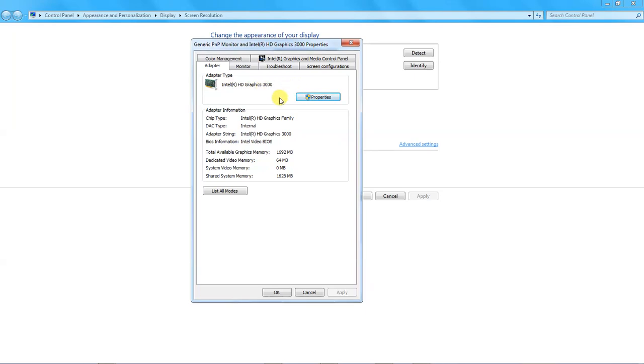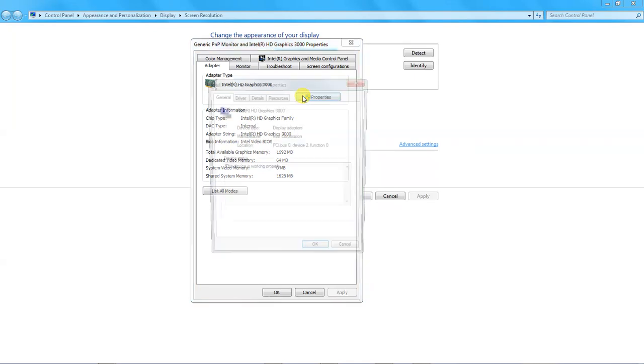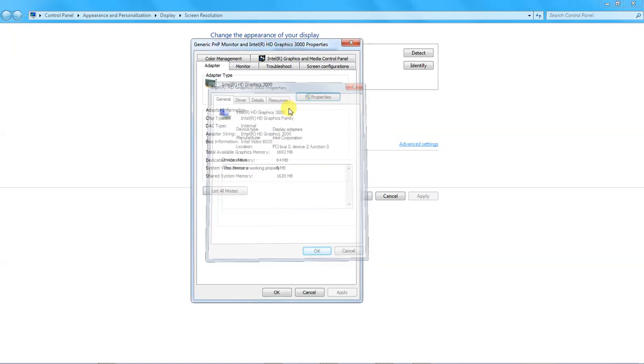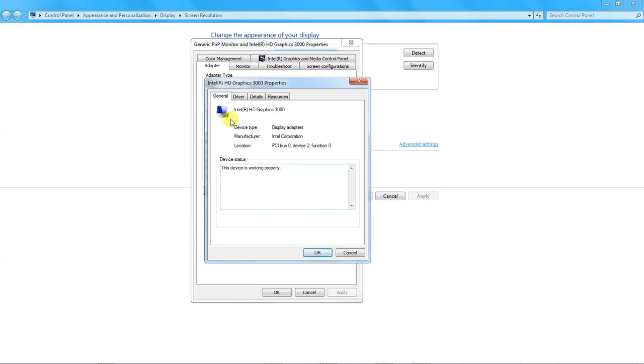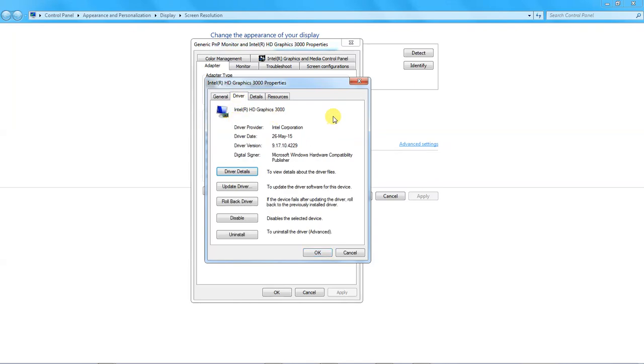There is a button written properties. I want us to click on that, and make sure that adapter is selected. Then click on properties, and then choose driver. Here you can see the driver that is running in our computer, the provider, and other driver details. If you come down here, you can choose driver details,